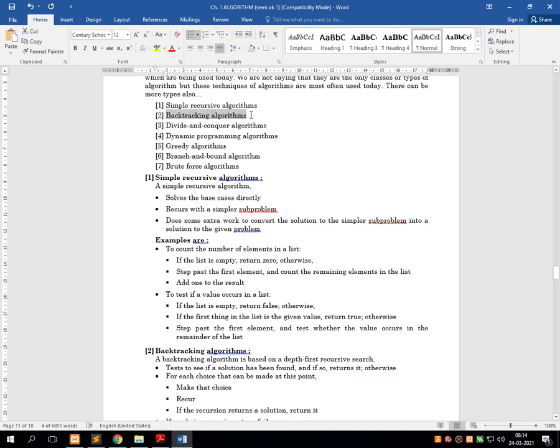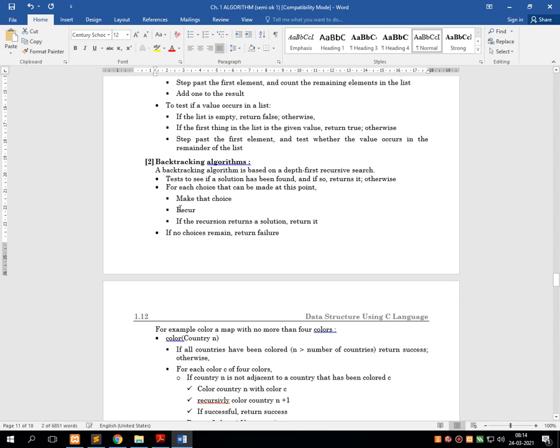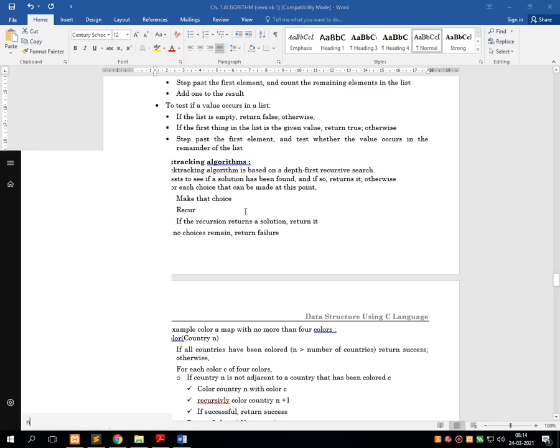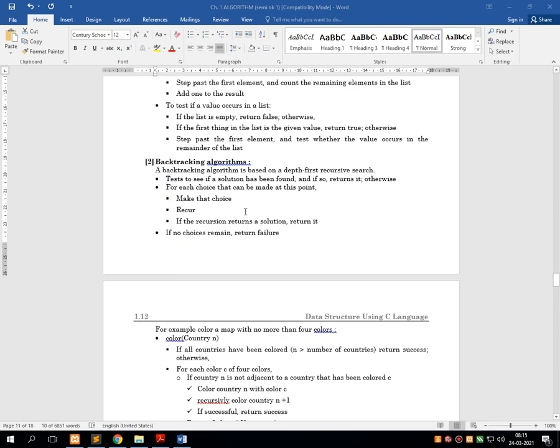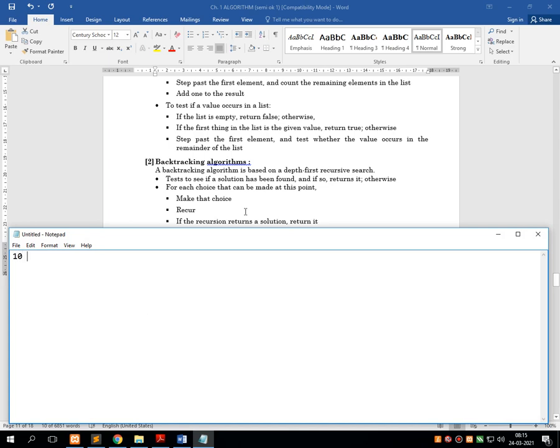Next is backtracking algorithm. A backtracking algorithm is based on depth first search, a recursive logical instruction set. This type of algorithm is basically related with various types of searching. For example, suppose we have one sequence of numbers like 10, 8, 6, 2, 1 and 0.